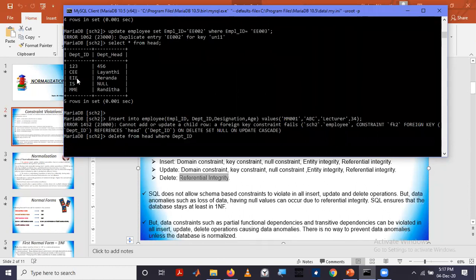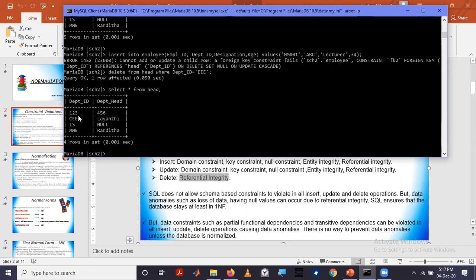Then this row will be deleted. It was deleted. If you now visualize this one, EIE is not there. Now we will see the employee table.